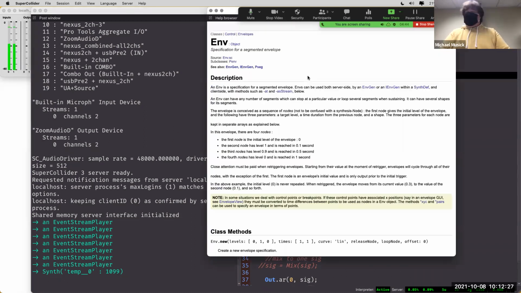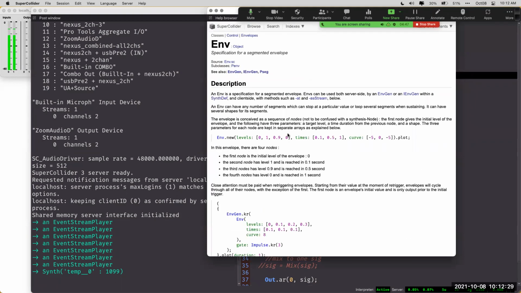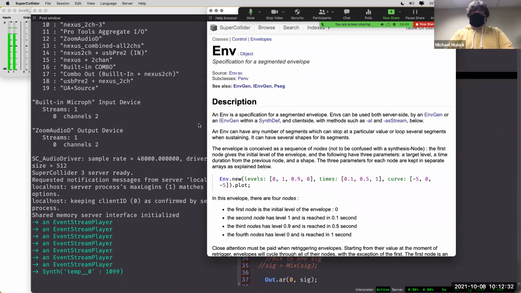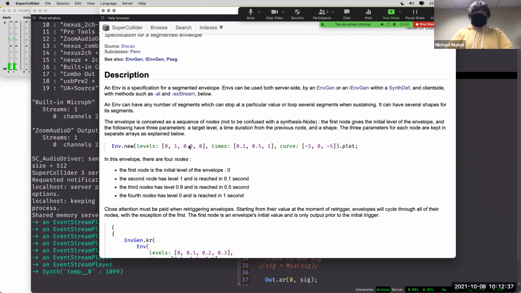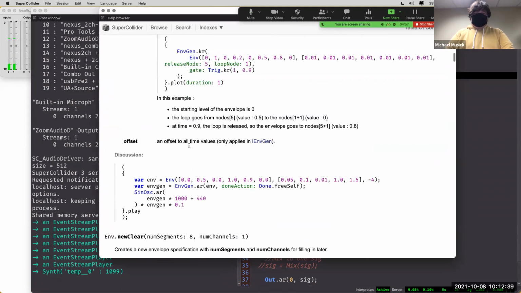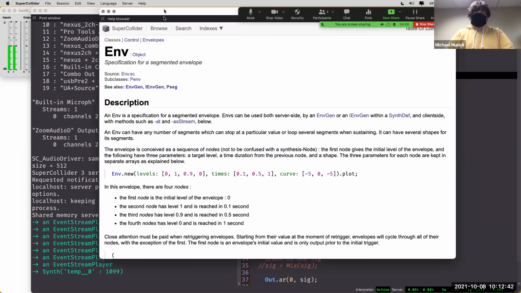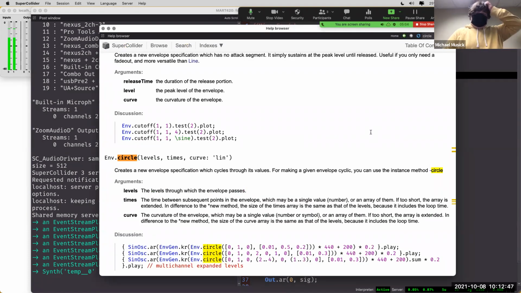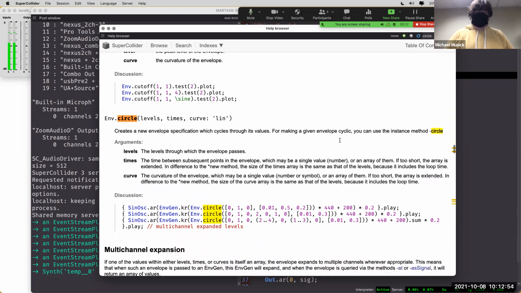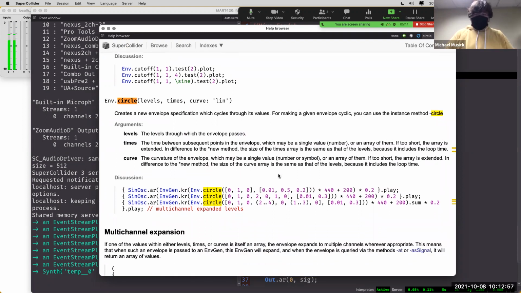So let's open up here. Good morning. Let's open up here. Envelope. We'll make this a little bit bigger so we can see it better. And we'll go to the circle. Okay, there we go. Here, we'll move this down. And we can search in page for circle. So it creates a new envelope specification which cycles through its values. For making a given envelope cyclic, you can use the instance method circle. And so circle, unlike others, actually does allow us to create